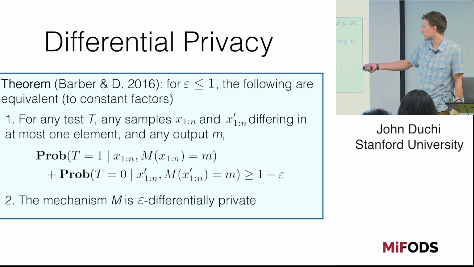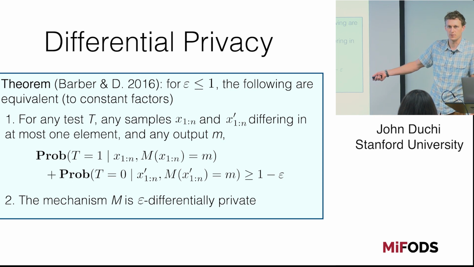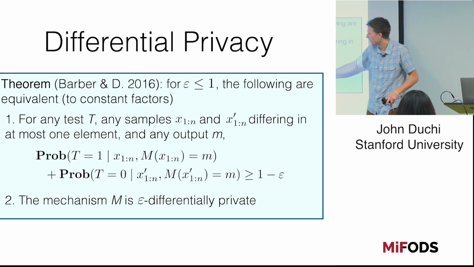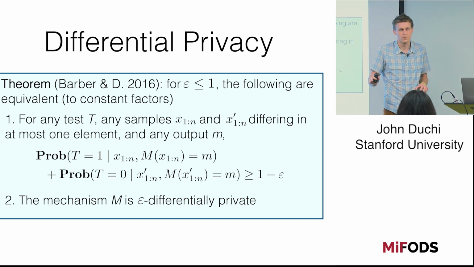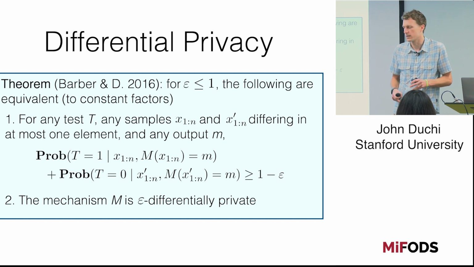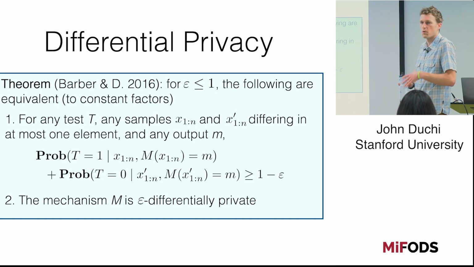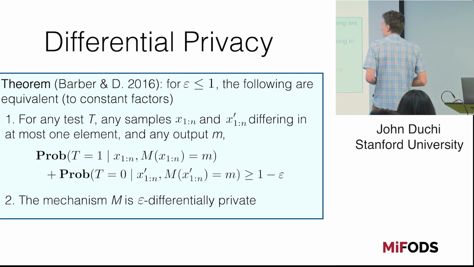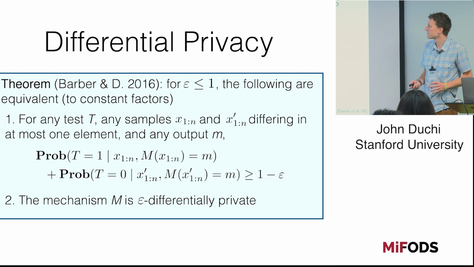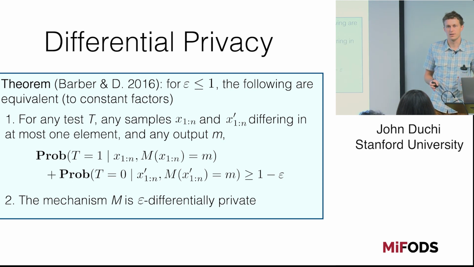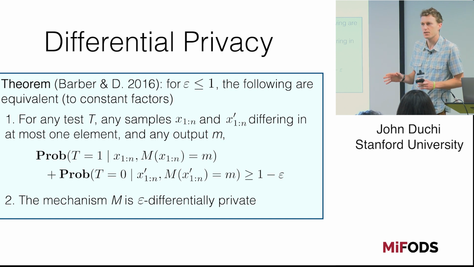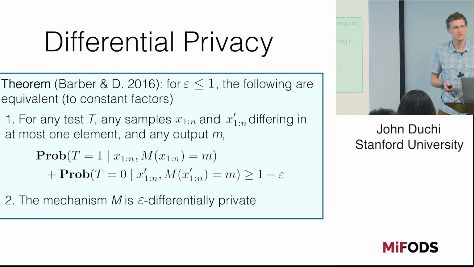And then this is equivalent, it turns out, to saying that the mechanism is differentially private. There's a multiplicative factor, say like 2, on the epsilons that has to change from one to the other, but they're from the 2 different schemes, and they're basically the same thing. So no matter what output of the mechanism you get, you can't test whether it was data set 1 or data set 2. All right. So any questions on the definition of differential privacy? This has become basically the accepted definition of what it means to be private for very good reasons, because it gives you all these protections.